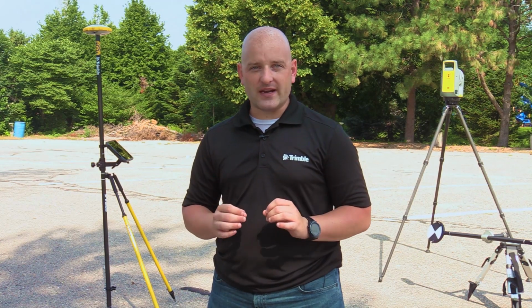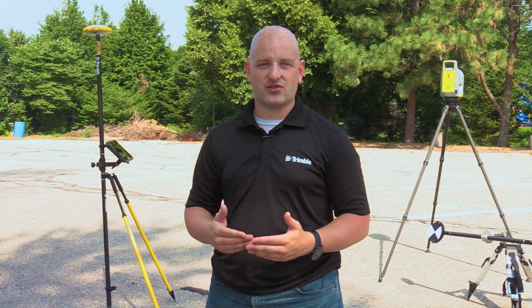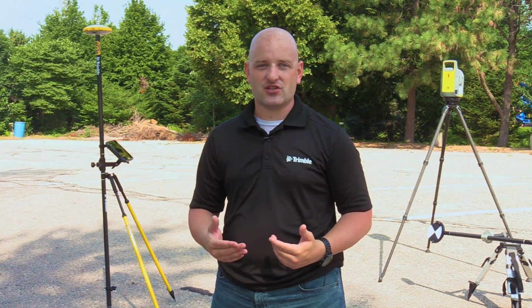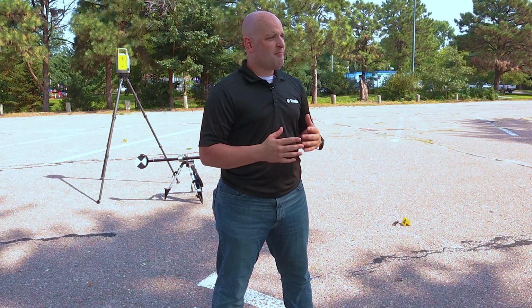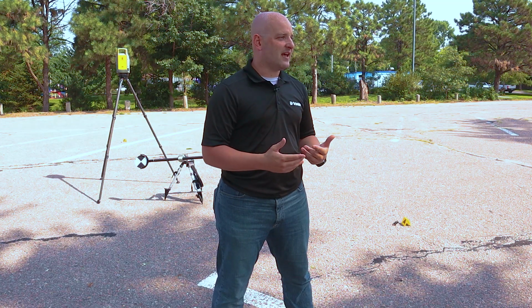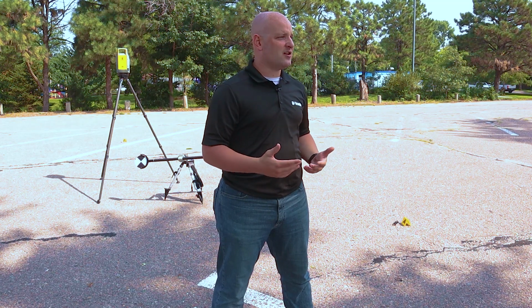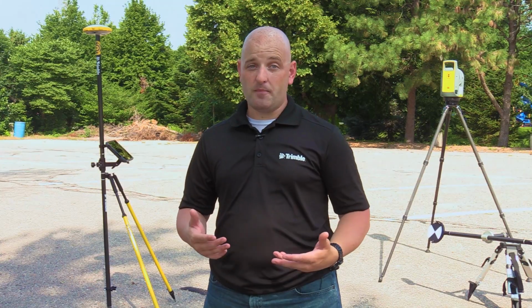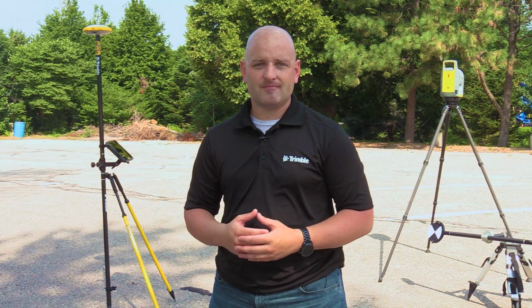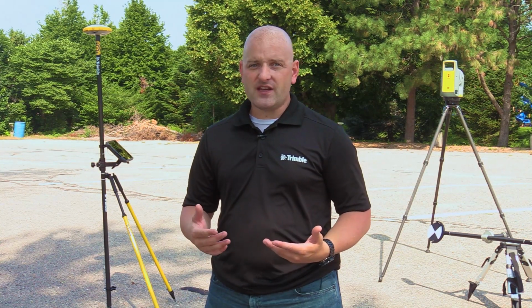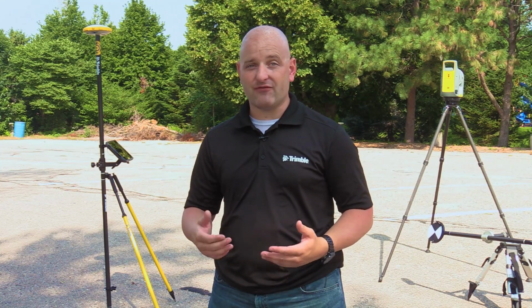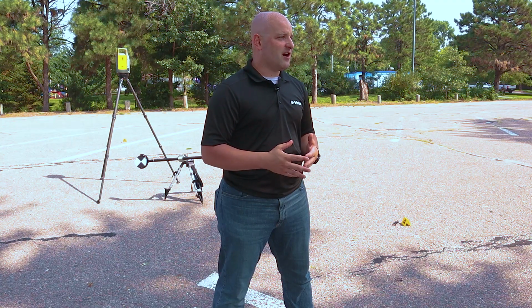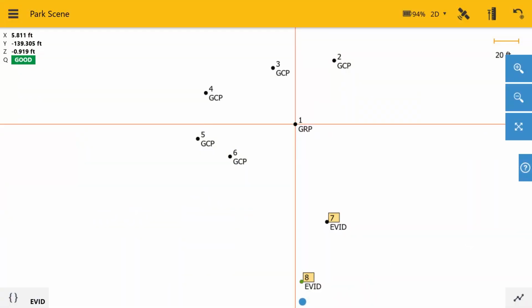Now, laser scanners are a great tool, but having the ability to combine a laser scanner with a GNSS or optical total station instrument allows you to open up new and more efficient ways of combining different approaches to each and every unique scene that you're called out to. But one of the challenges with integration of laser scanning is how do we integrate these different technologies together without spending a whole bunch of time back at the office just hoping that we have what we need to make it happen? What if we could do it in the field, making sure that we have what we need before leaving the scene? The solution to this complex series of problems is the Trimble Forensics Capture software.